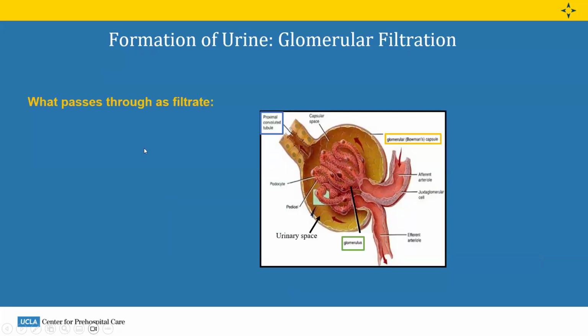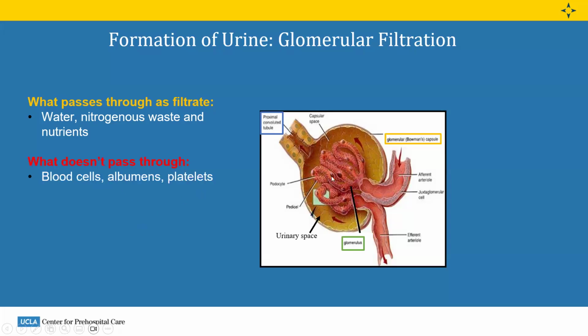Okay, so what's the point of all this? What matters is controlling what passes through as filtrate: water, nitrogenous waste, and nutrients. So think very small structures, small molecules in water. And then what doesn't pass through? Blood cells, albumins, and platelets. Those should all stay in our blood as it passes back through the efferent arteriole. So we don't want those to pass through. Again, if we find albumins in our urine, or blood cells in our urine, that can be a sign of a damaged